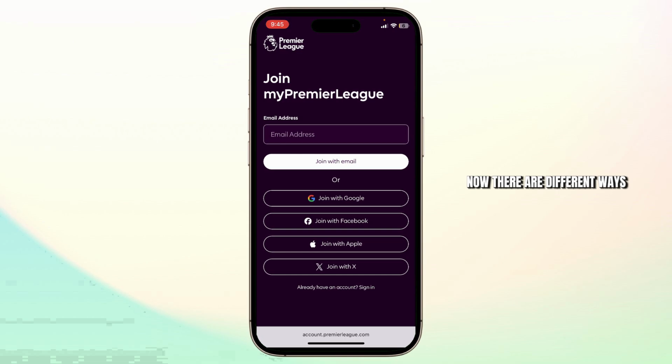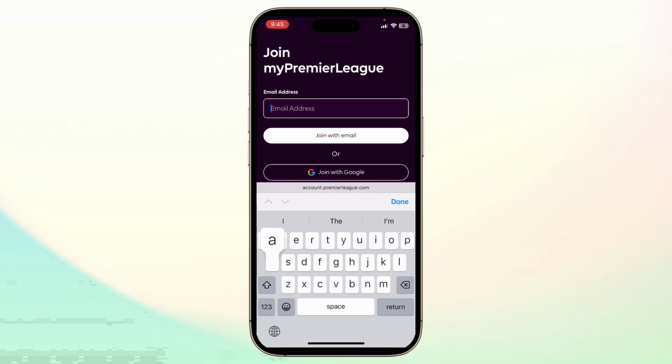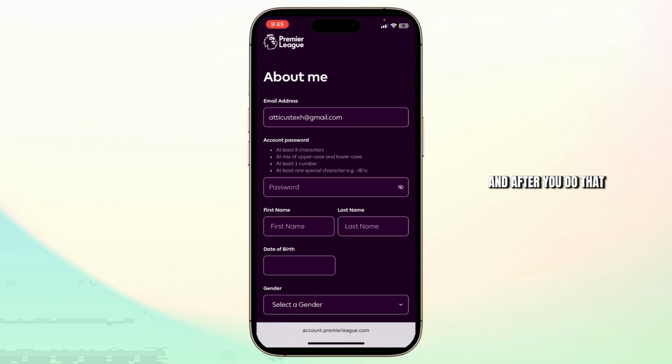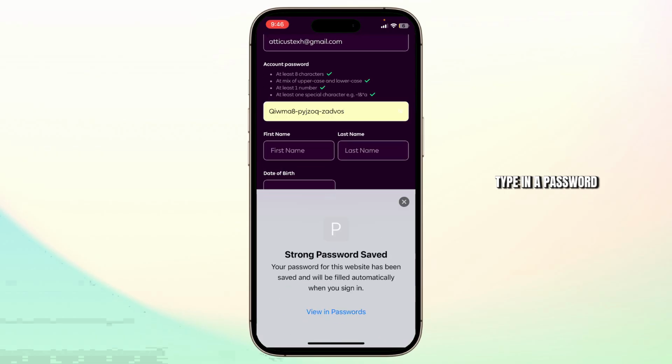Now there are different ways you can sign up for this, so we'll just use our email addresses. So I'll just use my email address here. You can type in your email address as well. And after you do that, you will be prompted to this page where you can type in a password,